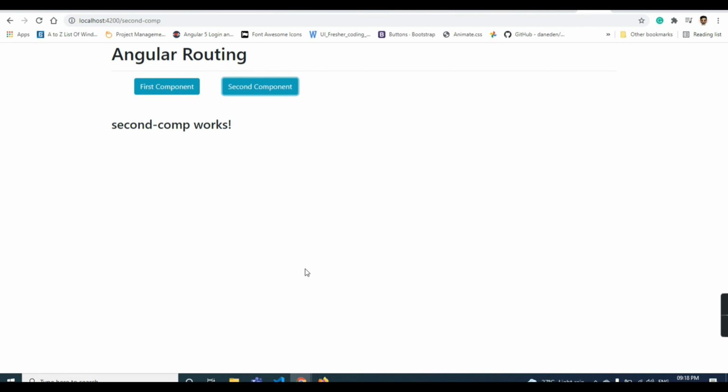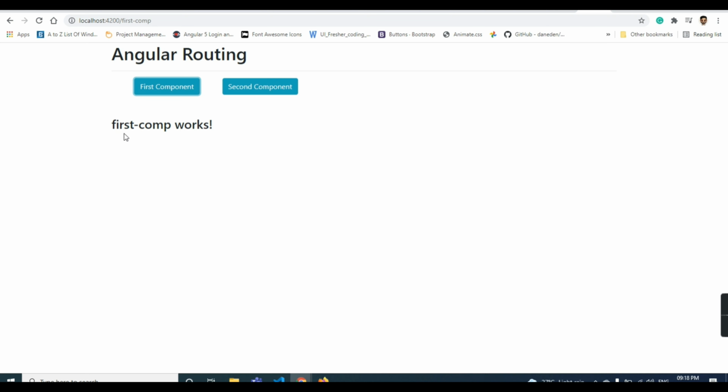In Angular each component will have a different view, so I will show you navigating from one view to another from scratch. In the current video I'll show two types of routing. I have shown two buttons: one is first component and the second one is second component. So these are the routings which I have used. I'll show the two methods.